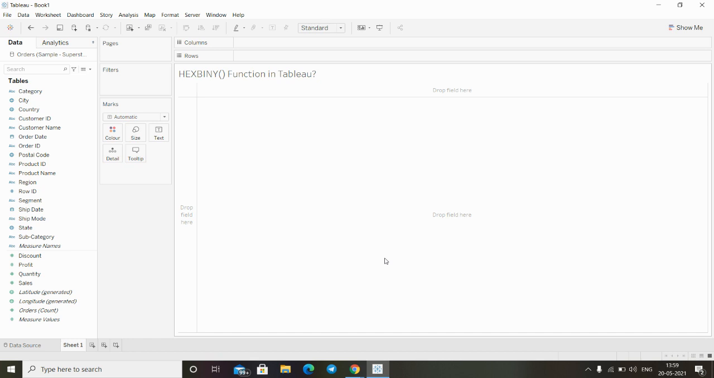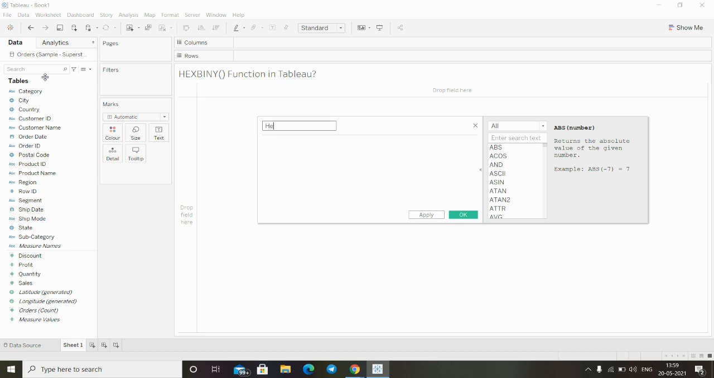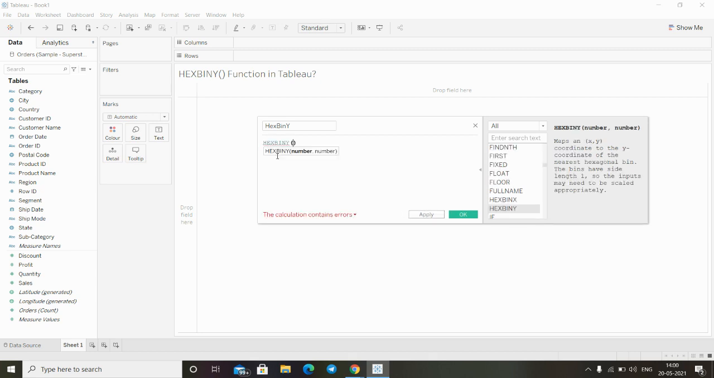And this function also does the same thing, it is a simple way of grouping two sets of numeric values, and it groups them into similar values to make a visualization. So in terms of grouping, if I create one calculation field, and here I'll type the function. So here is the hexbiny function, and this function also takes two inputs, and both of the